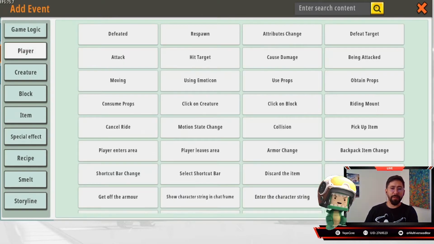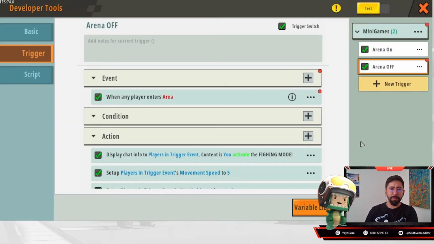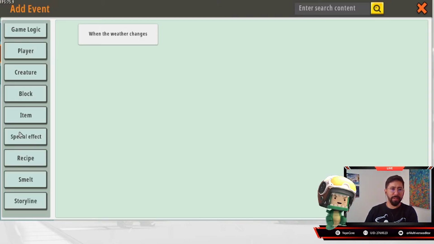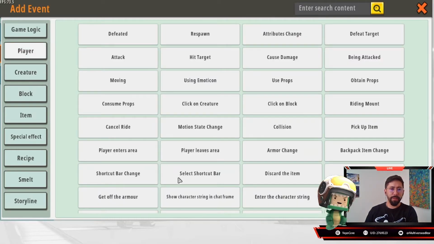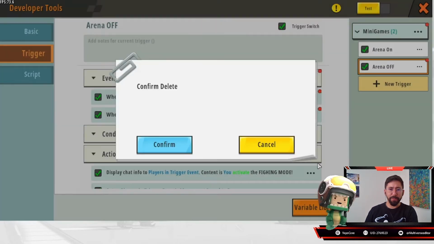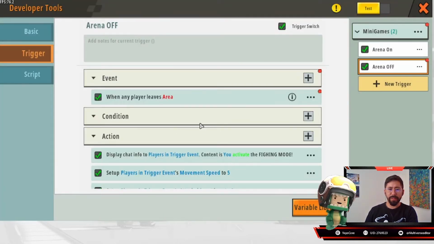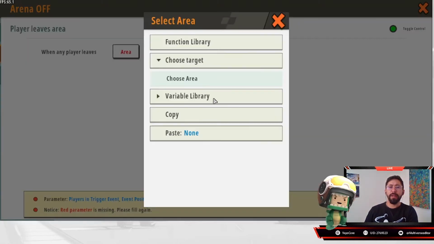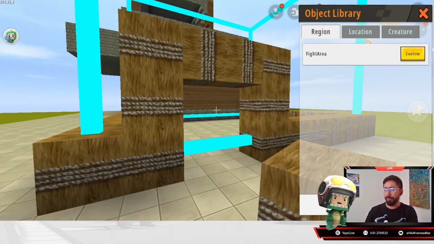For the new one, select player. And instead of using player enters arena, we are going to select player leaves the arena, okay? So delete the first one. Let's just select the one that says arena. We are going to select the area. Again, just choose area, select the red part and choose the area where you are going to change that information. Select fighting area,